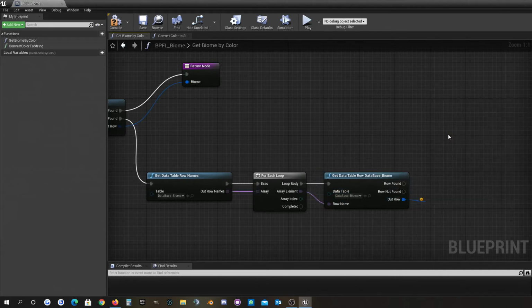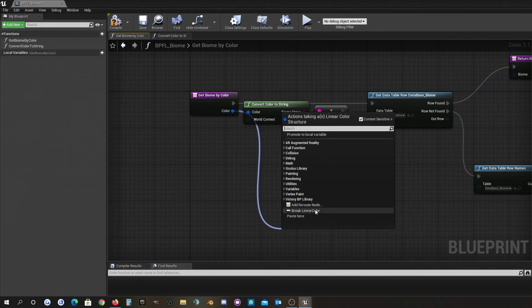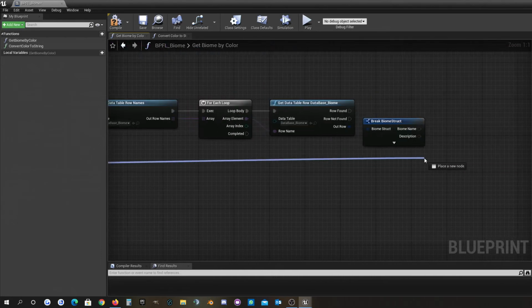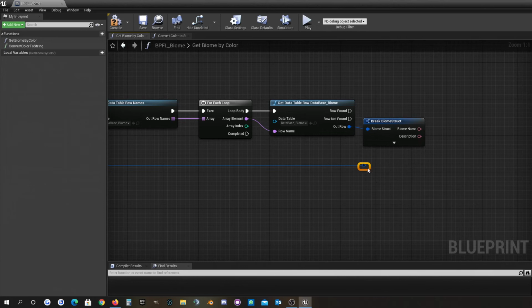Then I can break the struct here, and I use the color from here. And another reroute one here, and I just want to use the map color now, and we want to